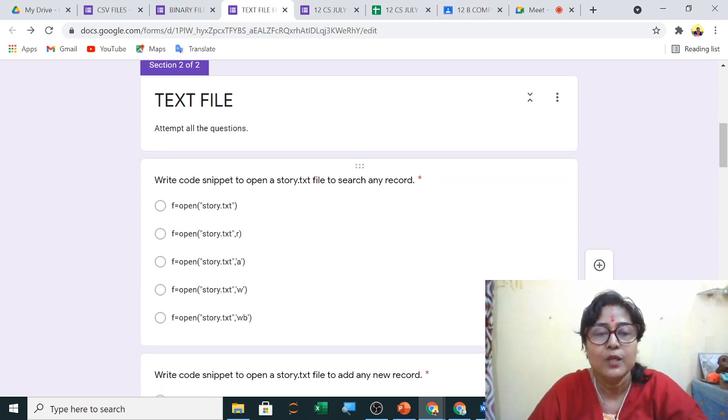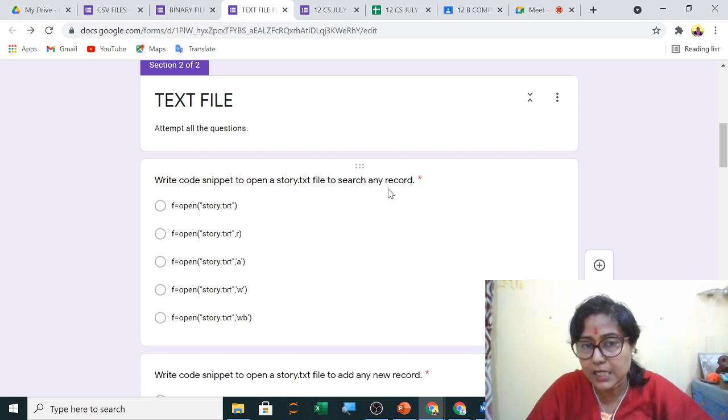Text file. Which code snippet to open a story.txt file to search any record? Now for searching we are opening in read mode to read and then search. Here by default read mode is already there.